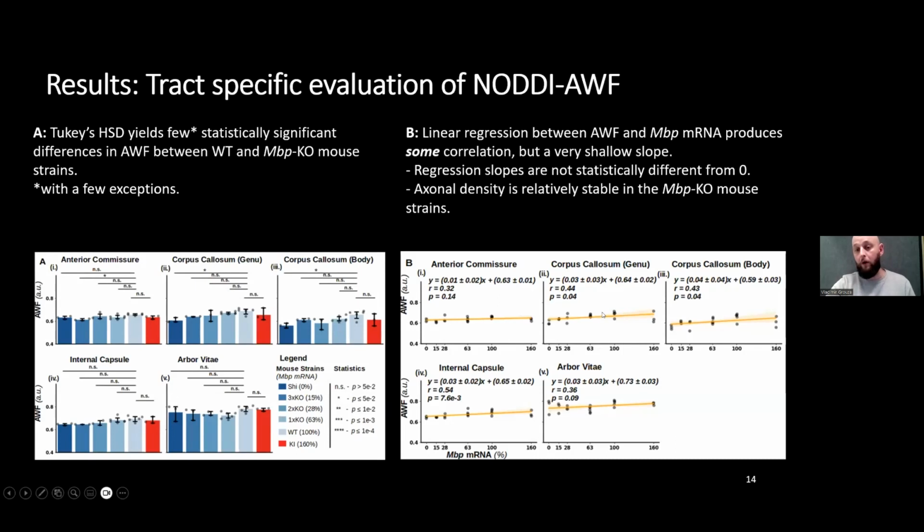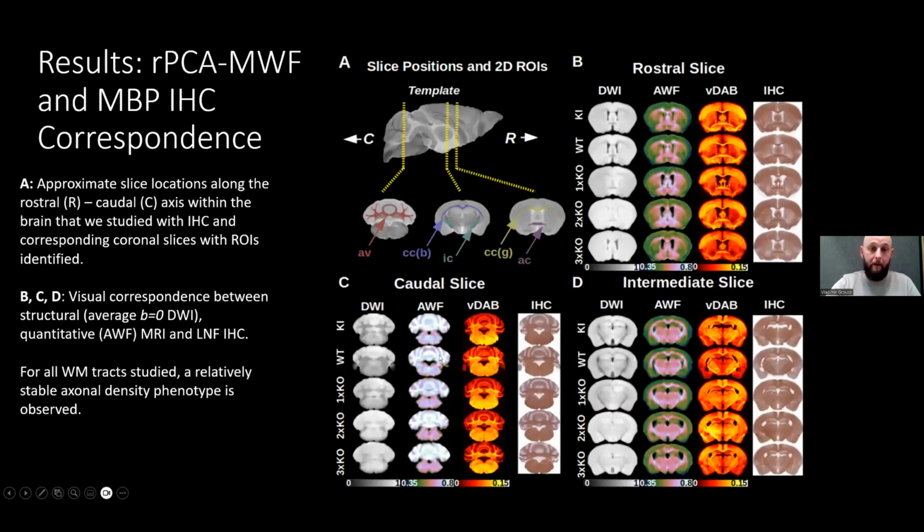And while our correlation studies show that these are somewhat correlated, their slopes are really shallow. So we can essentially say that within experimental error, we have a relatively stable axonal density, and our signal is coming specifically from myelin and not from axonal loss in this very idiosyncratic hypomyelinating mouse model strain. So we then went and tried to look at light chain neurofilament